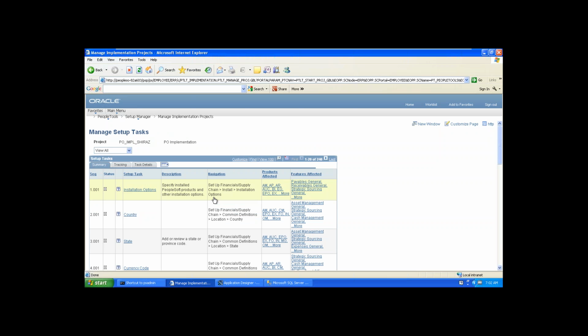So we have the option of products. You need to select all the modules that we want to implement, and after that you need to generate the task list. Okay, got it. You understand what I am saying, right? So the system will generate the whole set of task lists required for the modules you selected before you run the process. Okay. I will show you how to do that.